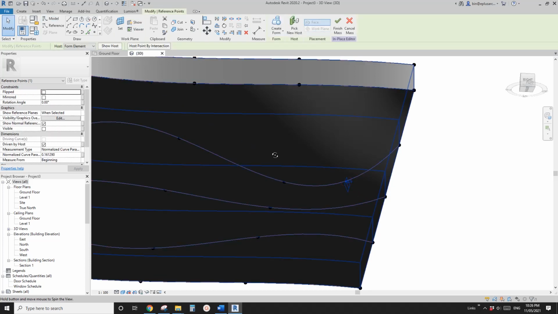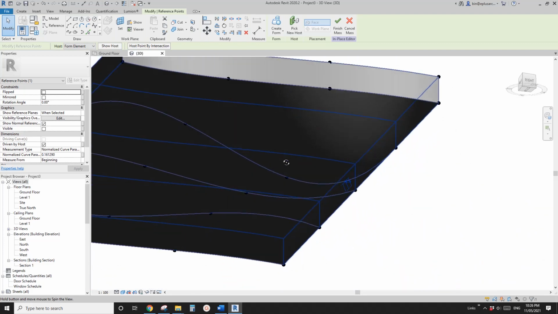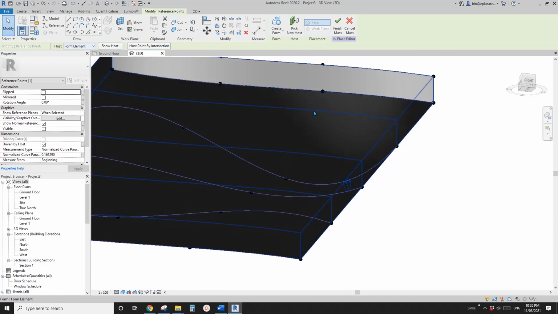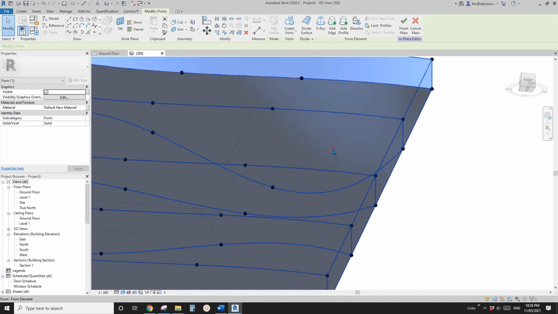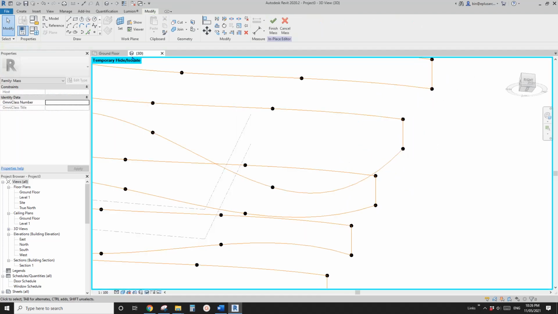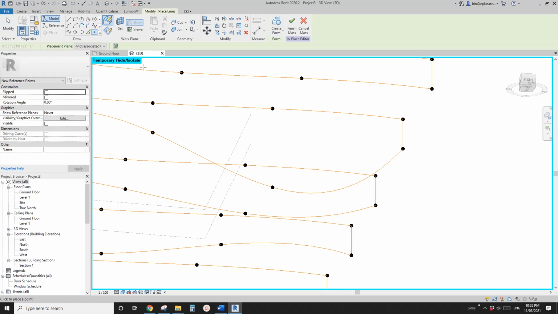Oops, sorry, hang on, let me just delete this point. We need to make sure, so H, the solid, make sure you place a point on this reference line,